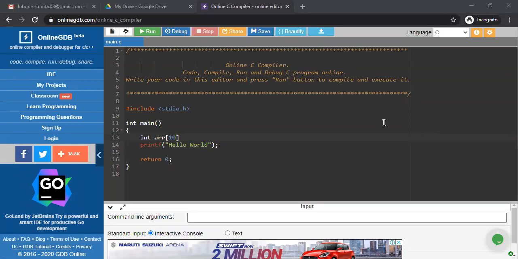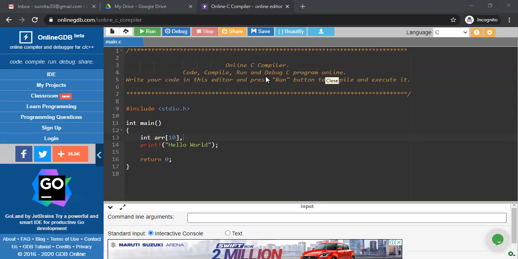After declaring the single dimensional array, you have to execute a loop. Before that, you have to tell the compiler that I'm declaring an array of size 10, so a maximum of 10 integer elements my arr can store. But how many elements we actually give when we run the program depends on the value of n.